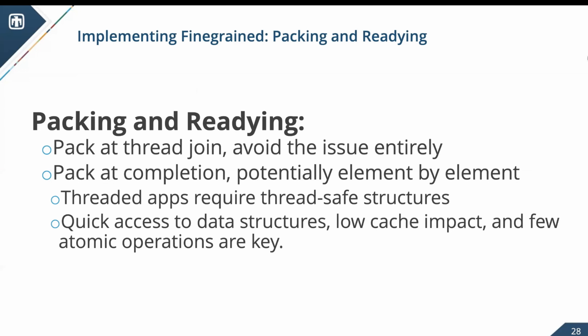You are potentially doing these sorts of operations on an element by element level in your tight loop, and that requires not just thread safety to ensure that you're not clobbering each other across multiple threads, but it really requires quick access to data structures. In particular, low cache impact and few atomic operations are really important. Ideally, having something like one atomic counter as opposed to multiple atomic counters, for example, for multiple buffers, and trying to use thoughtful ring buffers that have thread safe addition or removal,